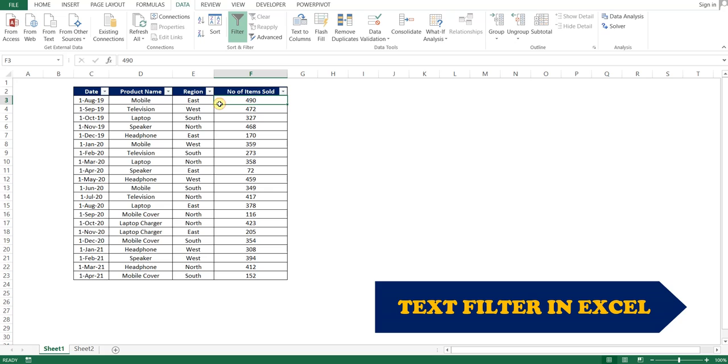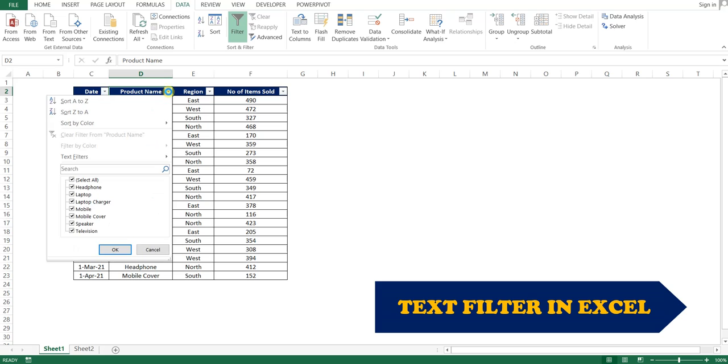Now, a text filter will get applied only on cells which contain text. In our data, column D and column E are the only two columns which contain only text. If we click on this filter button, we can see the Text Filters option.